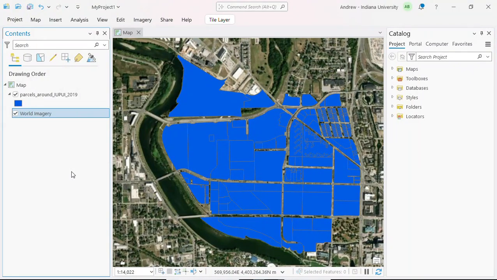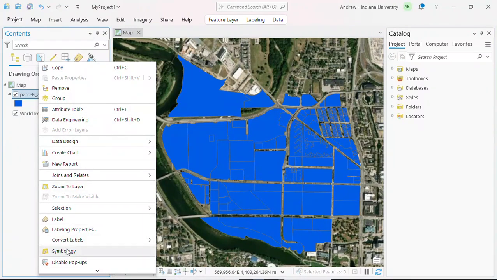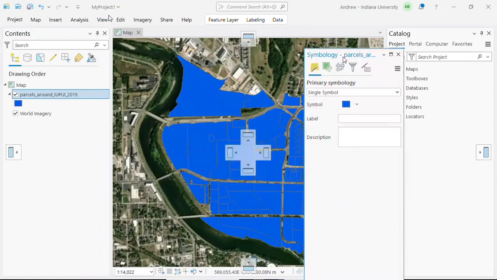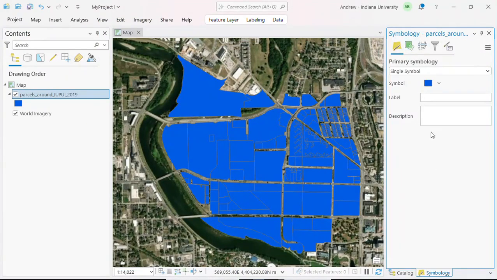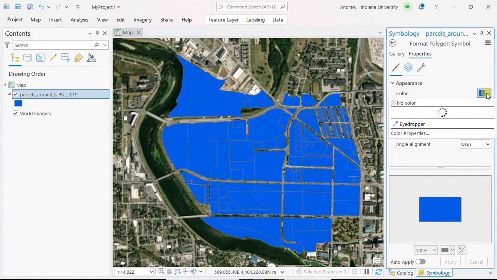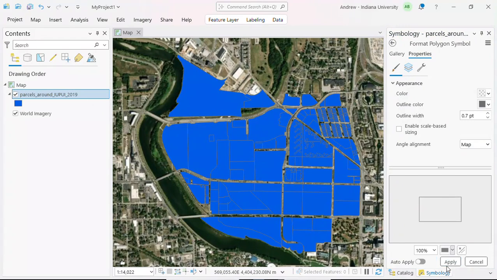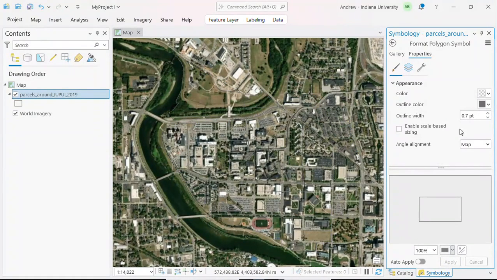So now what we have to do is think about color. What colors stand out the most given the area that's being mapped? The default here, when I added the parcels, was blue. Maybe yours will be different. Once again, we go to symbology, so I can highlight a layer, go to symbology, and our symbology pane should open. In our symbology pane, now we can change the color. And I suggest no color, as you then will work with the lines